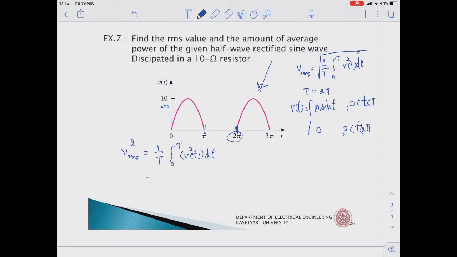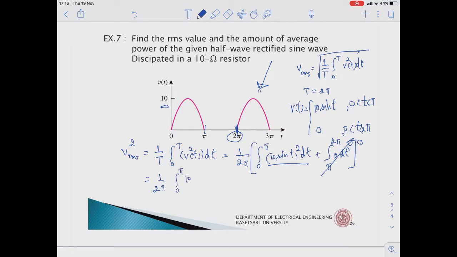So it will be equal to 1 over 2 pi integrate, first piece is from 0 to pi, 10 sine t square dt, plus integrate 0 dt from pi to 2 pi, and this one becomes 0. So we have this one, and so it is equal to 1 over 2 pi integrate from 0 to